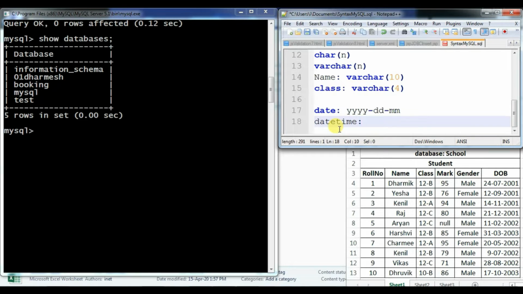This data type stores a value like YYYY-MM-DD along with hour, minute and second. So these are the basic data types you can use in MySQL whenever you create a table. We will soon see how you can create a table in your database.